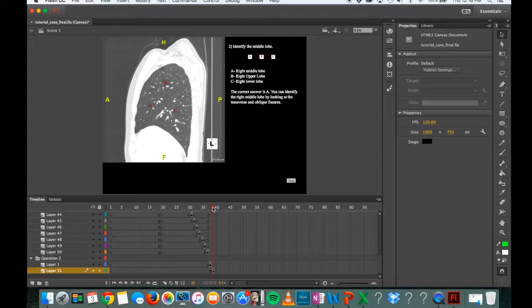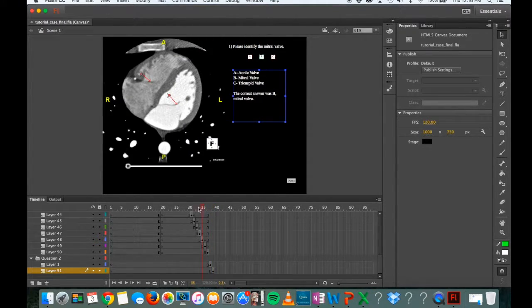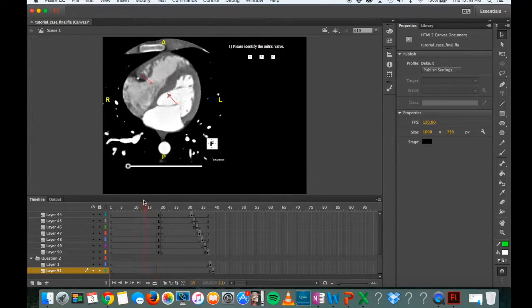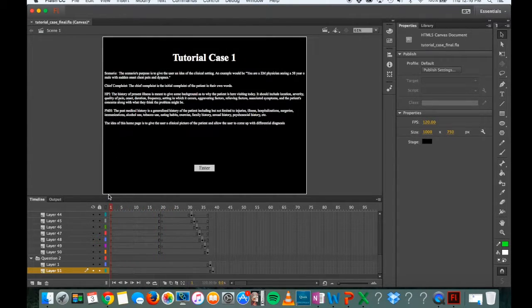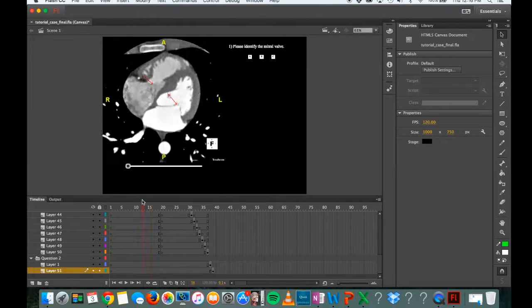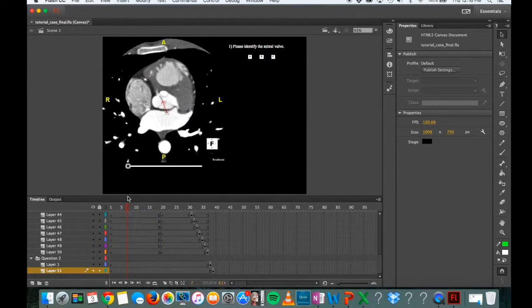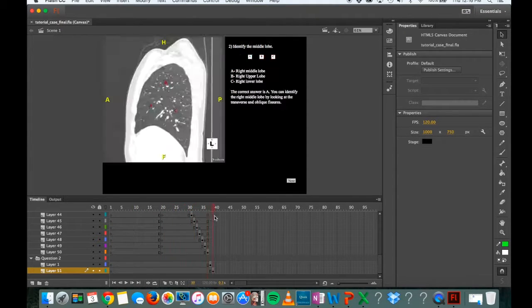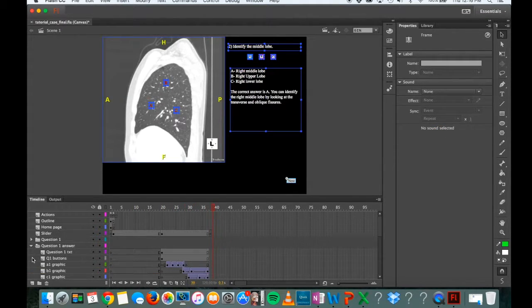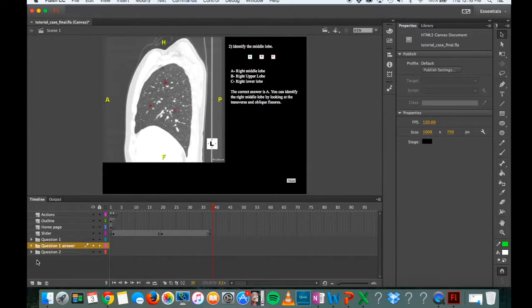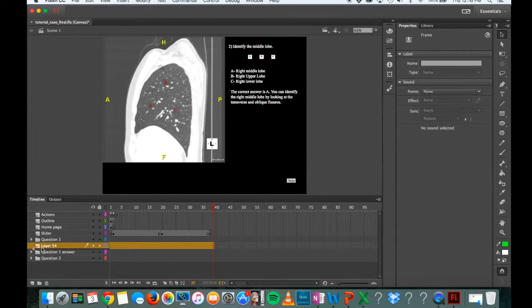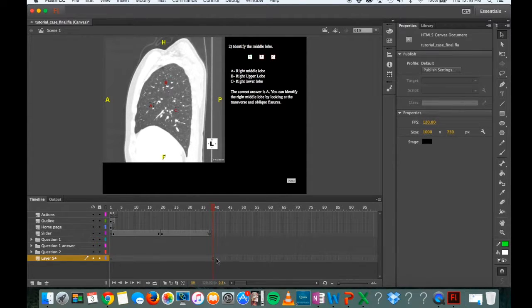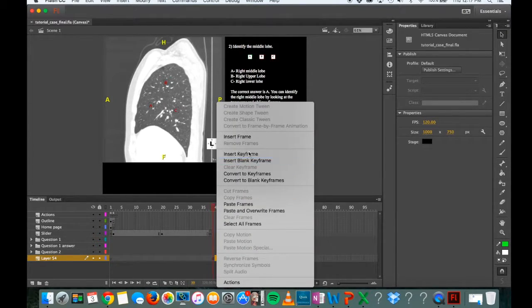Okay, so now we basically have the program built as we want it, but now we need to put in the coding, so when we go to operate this thing, the slider works as it's supposed to, and all the buttons take you where they're supposed to go. And I guess also I usually do a summary page here at the end. So after this last scene, we'll just hit insert a keyframe,